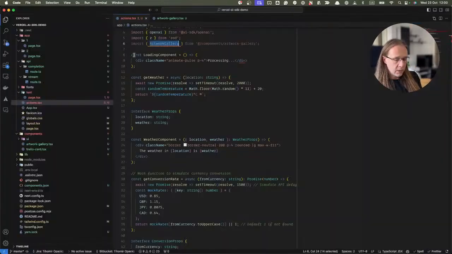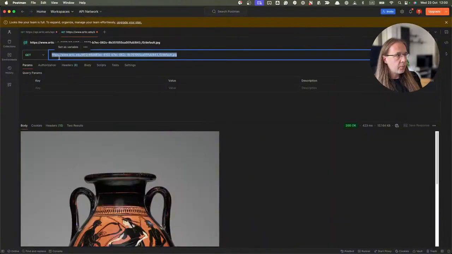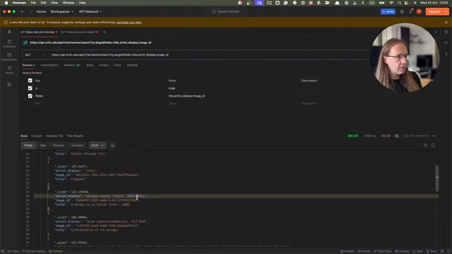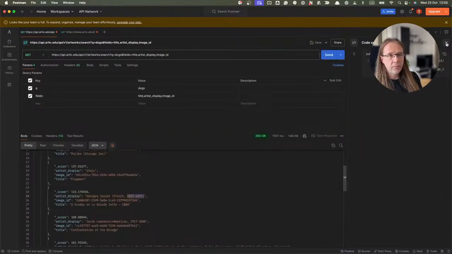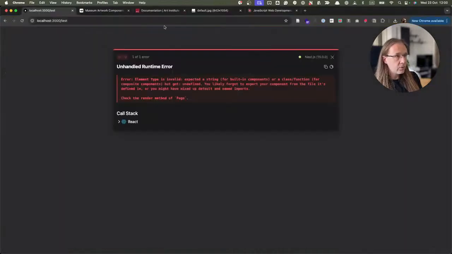So I'm probably going to go to Postman. There's a nice trick that I like to use. Each of these Postman requests is easily copied as a curl request. So I'll just copy this snippet